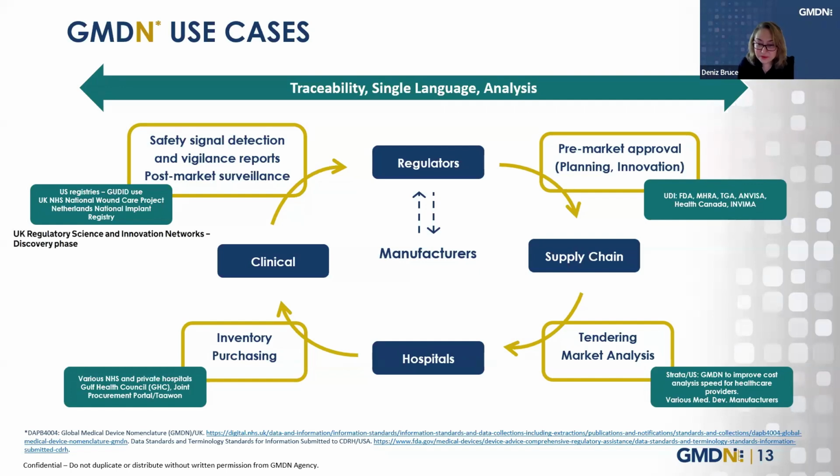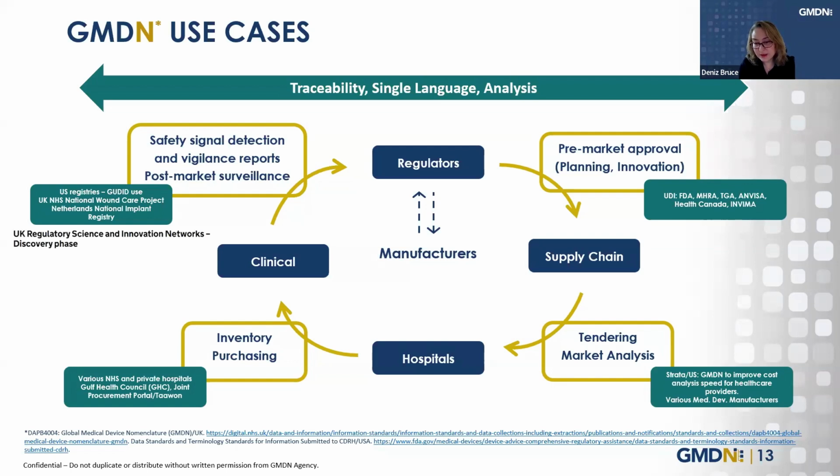When we look at the use cases, we can give examples in each type of use, starting with market analysis. Cost effectiveness analysis has been performed, especially in the US, because the GUDID is a complete database